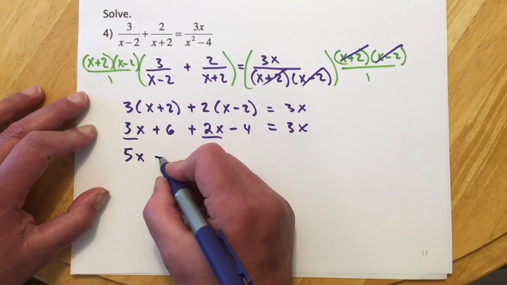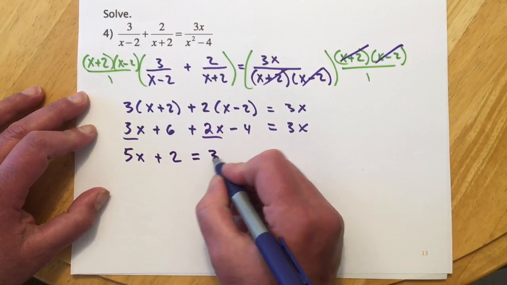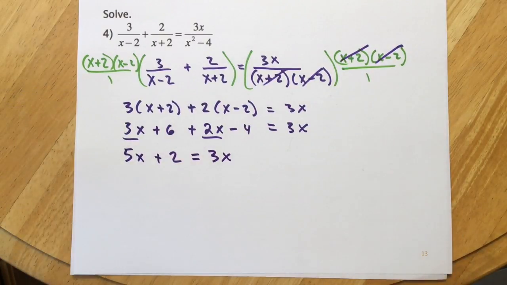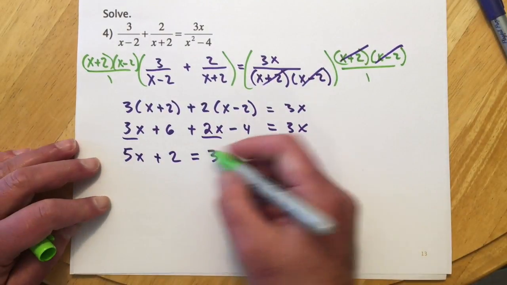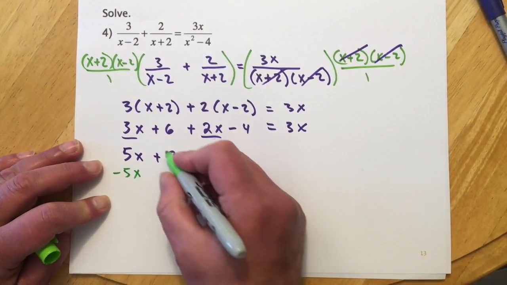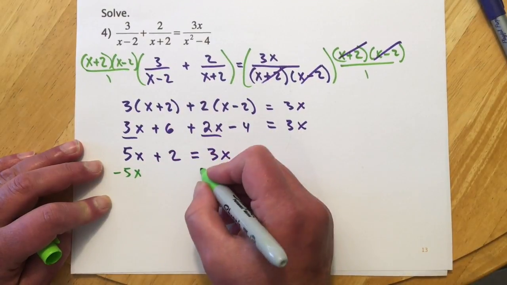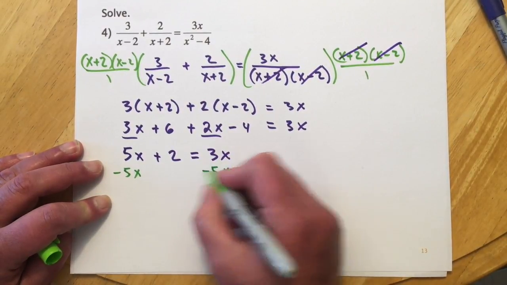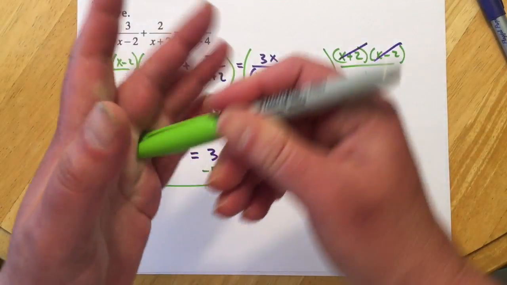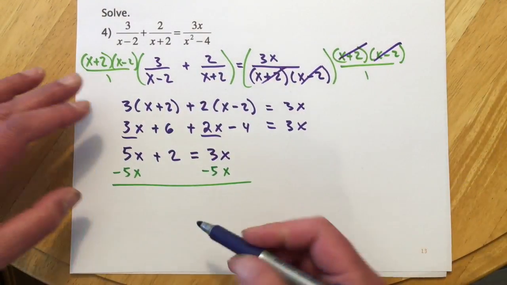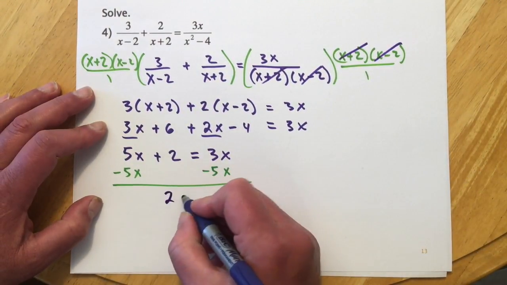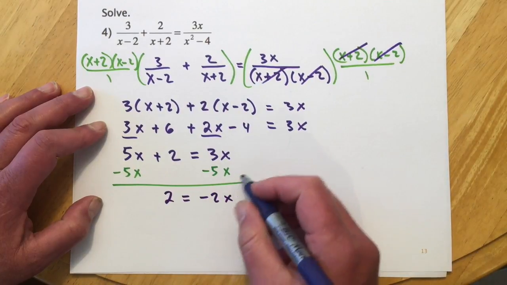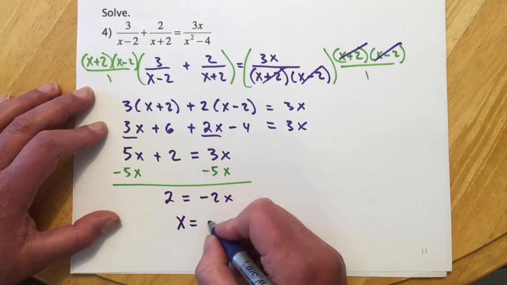5x, 6 minus 4, so plus 2 equals 3x. And then I need to get my x's to one side and my numbers to the other. I'm just going to send this 5x over this way, just so I can do it in one step. I could also bring the 2 and subtract the 3, which would also be fine. And those are gone, so now I have 2 equals negative 2x, and dividing by negative 2, x equals negative